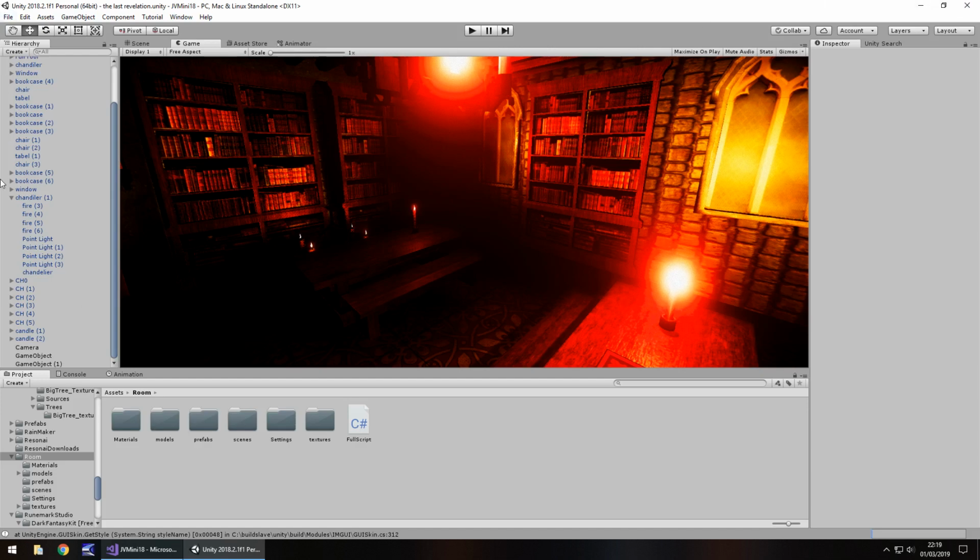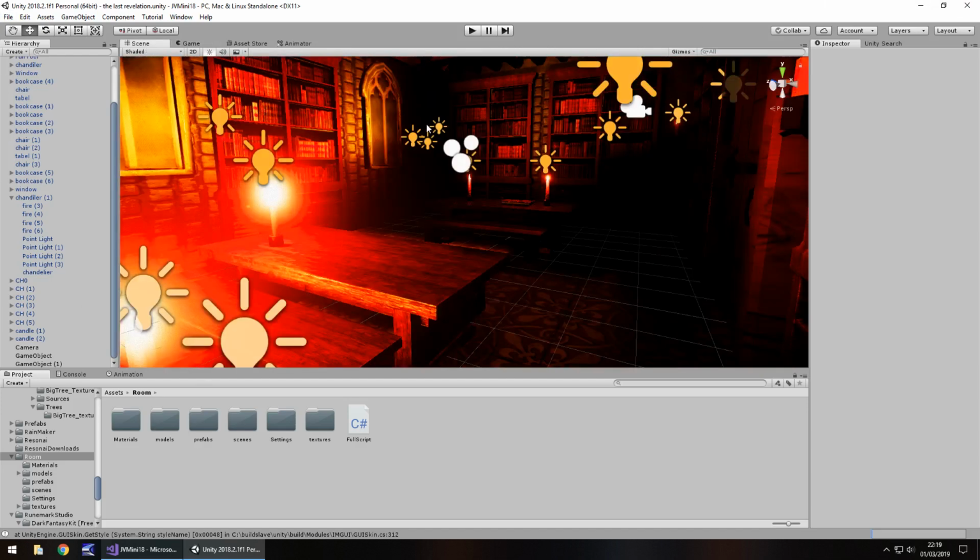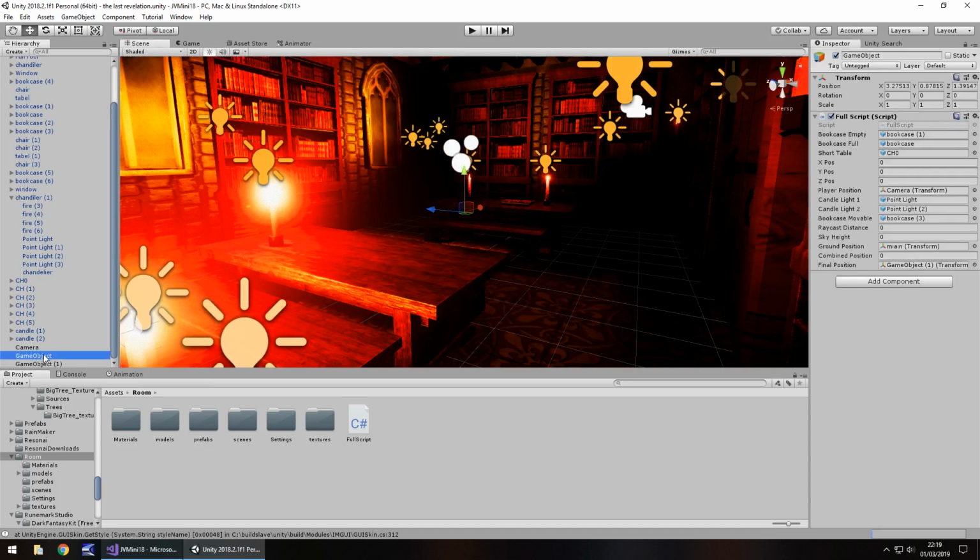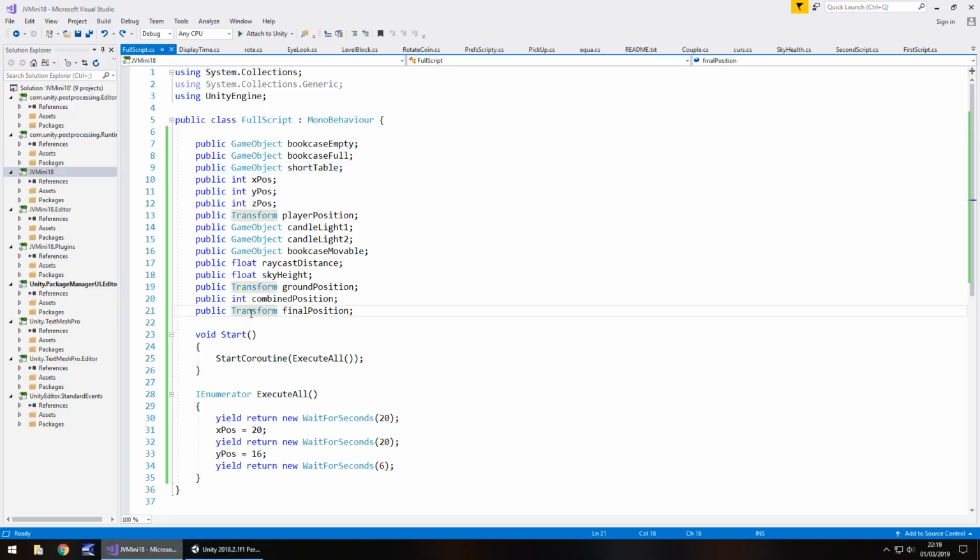So I have a scene set up here. It's fairly nice, simply from the asset store. And I have a game object with loads of different variables all attached, and it's quite messy. Let's be fair, it's quite messy. Best thing we can do is if we head to Visual Studio, and these are all the variables that I